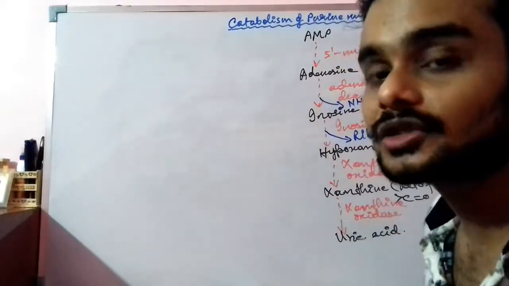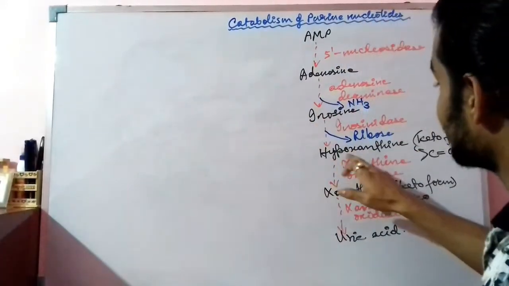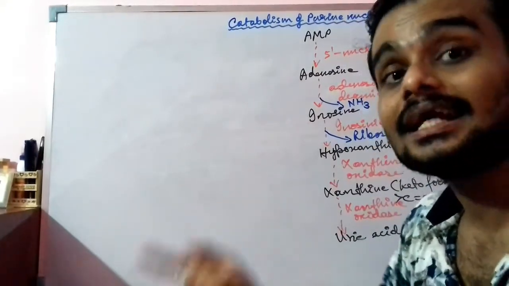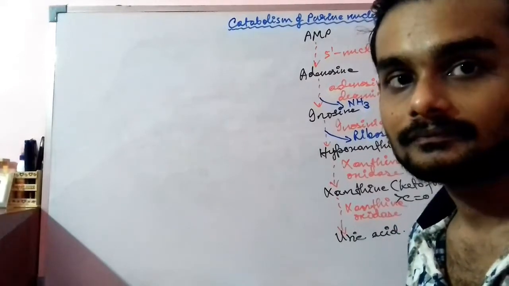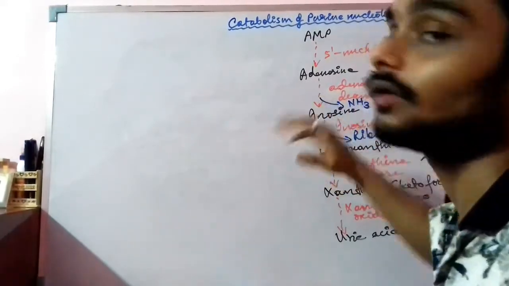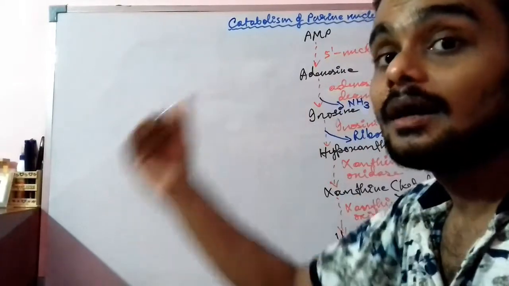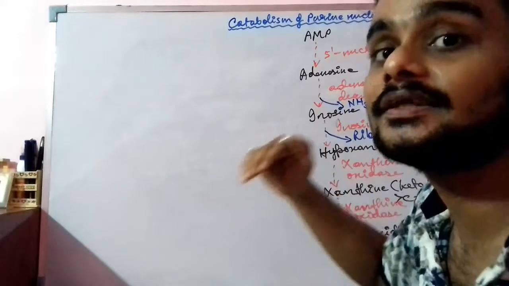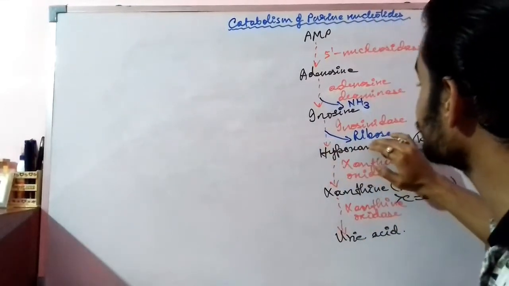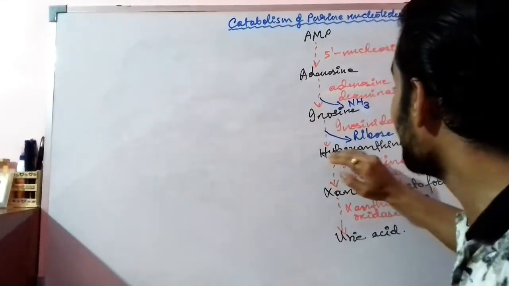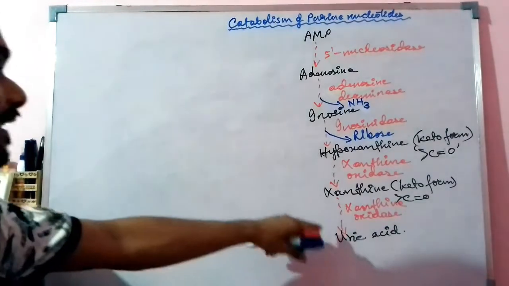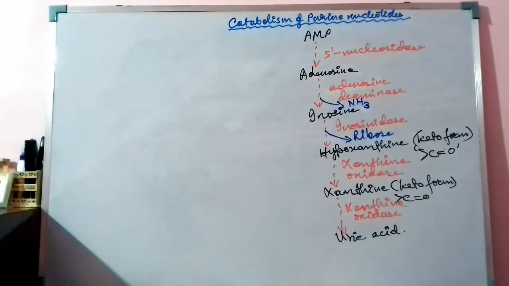So when one ribose ring is being removed, hypoxanthine itself also has one ribose ring attached with a nucleotide ring. Okay, so this is the concept: inosine has more than one ribose ring or pentose ring, which is removed by the inosinidase or the nucleosidase, which removes the ribose sugar and helps in the formation of hypoxanthine, which is a keto form. And then xanthine oxidase forms xanthine. Again, the xanthine oxidase forms uric acid from xanthine.